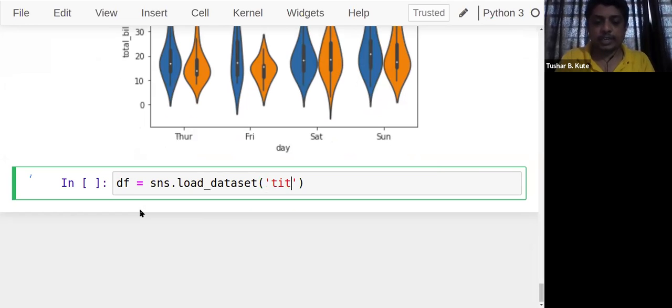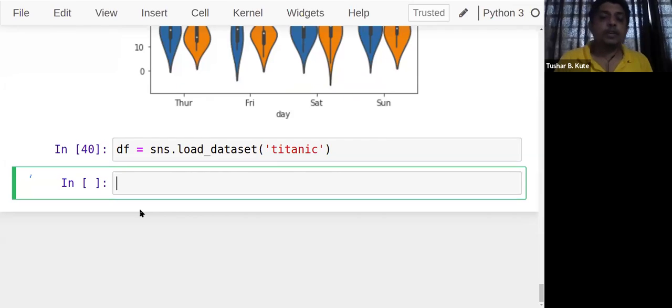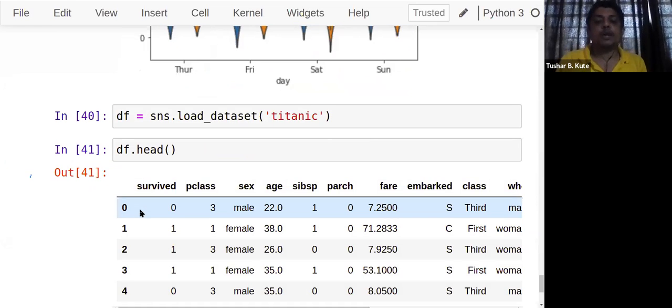You might be knowing it, the Titanic tragedy. So it's a data set of the persons who were traveling in the Titanic. And when the accident happened, few people survived and few did not. Yesterday I showed about this data set also, direct downloading online. So this is survived: the person survived or not. So 0 is not survived, 1 is survived.